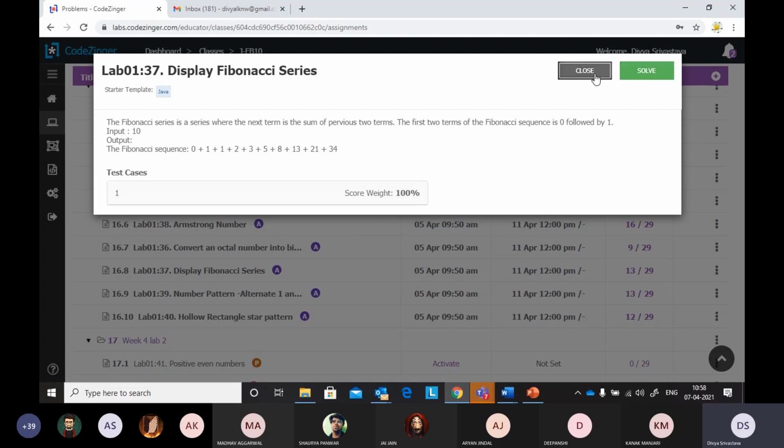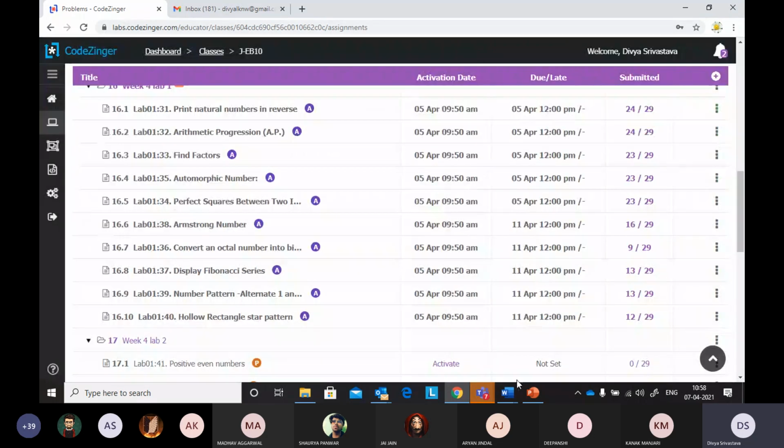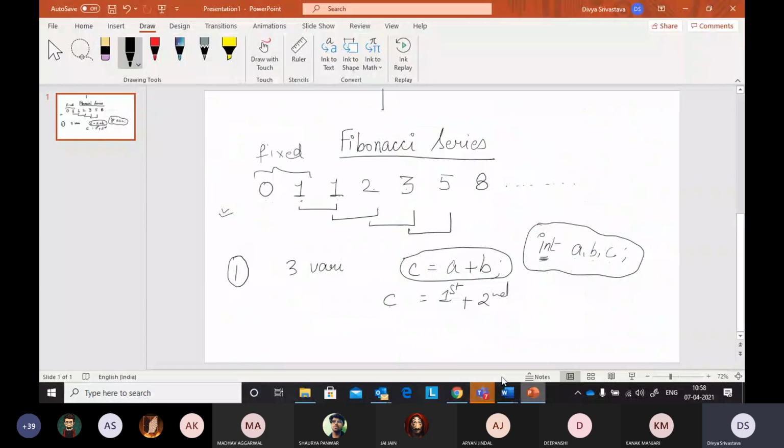But in general, if it is asked to print n number of elements in a series, then I have to give n also as an input, right? That is how many elements of that series I want to print. And what will be the type of n?